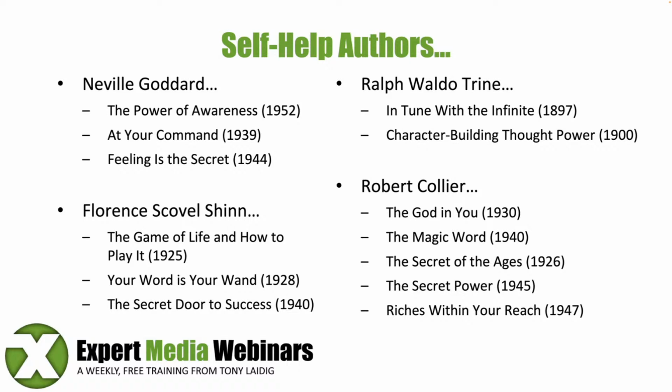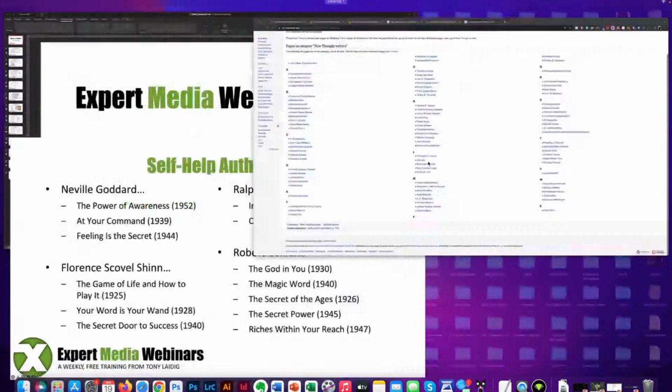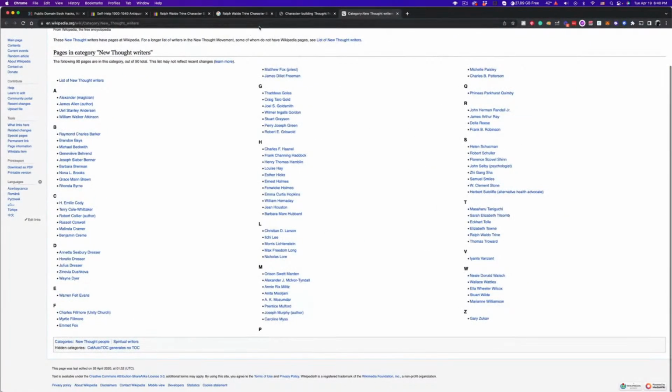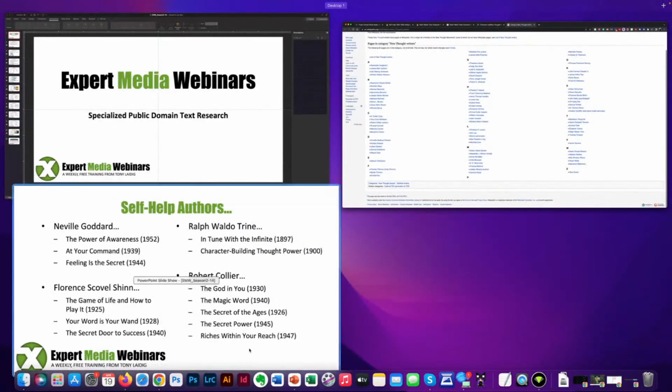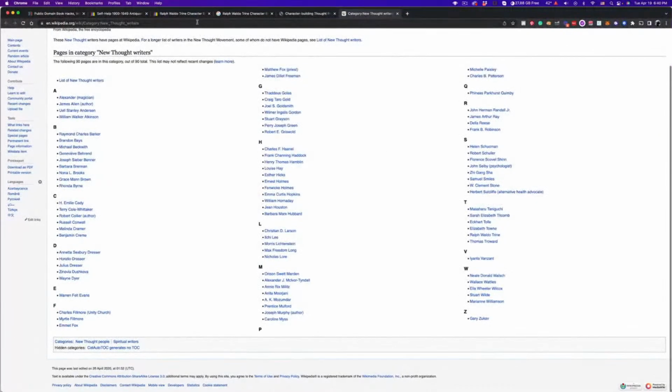But if you do a simple search, let's just choose Secret of the Ages, because I have no idea if this would actually be online or not. Let's see, Secret of the Ages by Robert Collier.